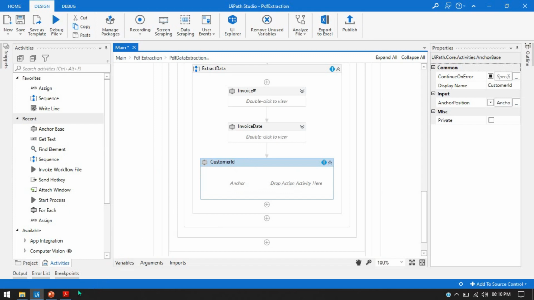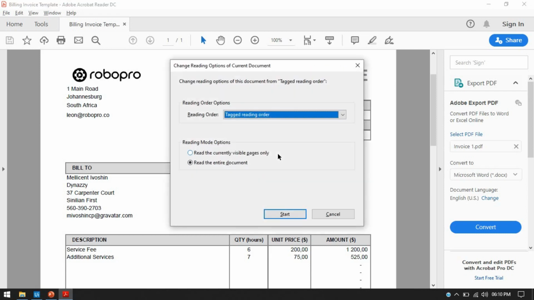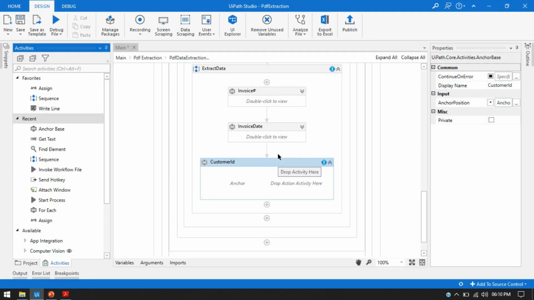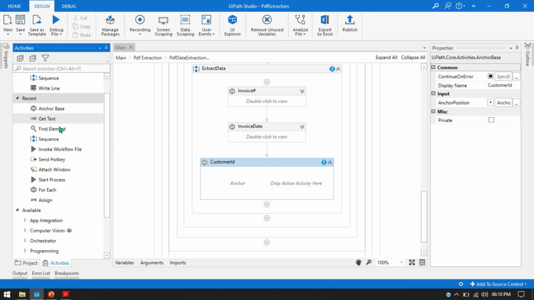so you can see here I am capturing this data only in the option that is tagged reading order, not in the infer. Okay, so you have to also make sure while capturing the selector, capturing the records, if you are capturing this data in the infer, then it may throw an error. So that's why only keep this in a tagged reading order option and then extract the data. Now customer ID, find element,